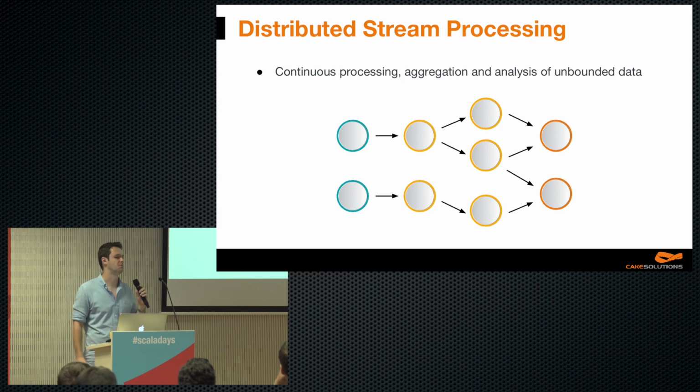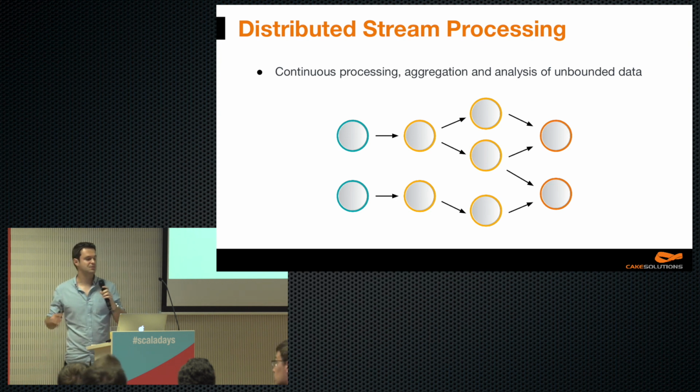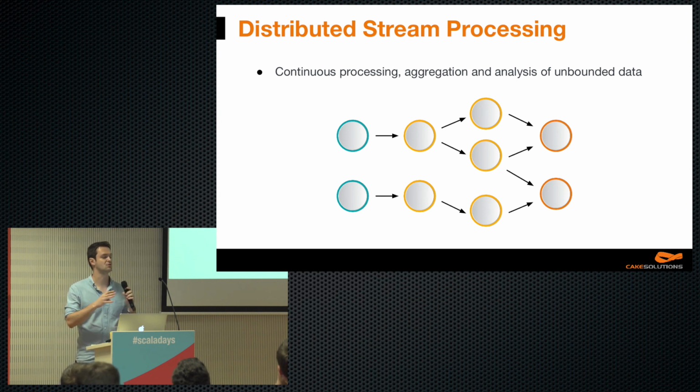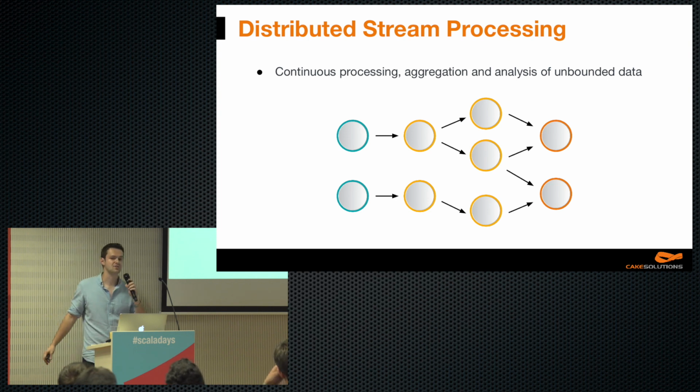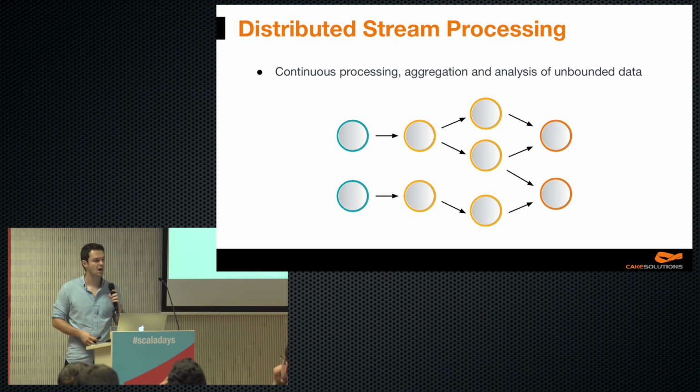I will help myself with the terminology from Apache Storm a little bit, but I'm sure it will be clear anyway. So as you can see in the picture, data flows through a chain of processors from sources to sinks, which represents the streaming task. And I think it's very important to emphasize the word distributed, because even local solutions can create a DAG, but we are going to focus only on solutions running on multiple machines.